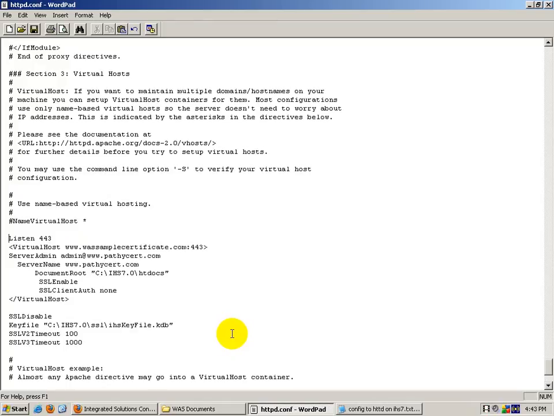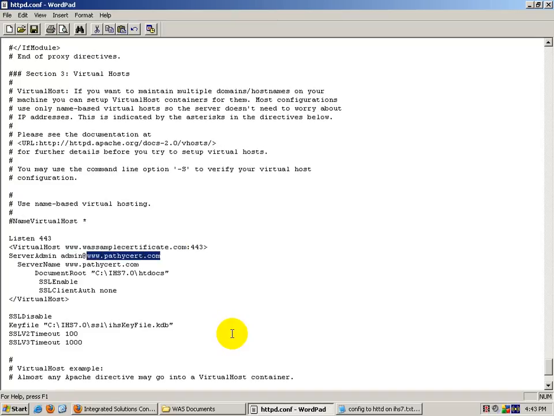First you have to say Listen 443, and the virtual host name should be with the common name that we have given, www.wassamplecertificate.com colon 443. And the server admin would be